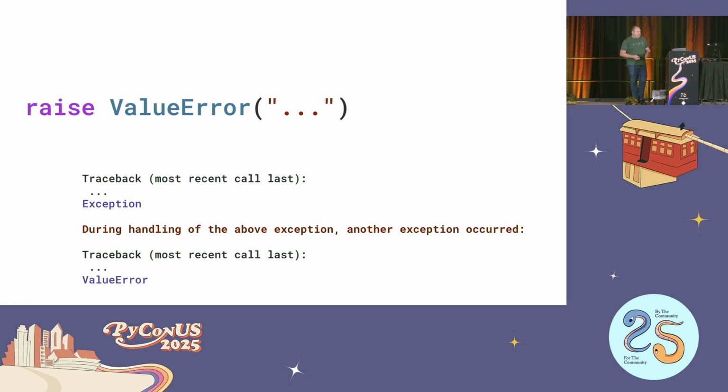And there are a couple of ways that we can raise exceptions explicitly. If we have an exception active and we raise an additional exception, they do what's called chaining. And exception chaining dates back quite a lot further than Python 3.11, so you should all have it by now. If you raise an exception while you're handling another exception, you'll see this line in the middle: During handling of the above exception, another exception occurred.